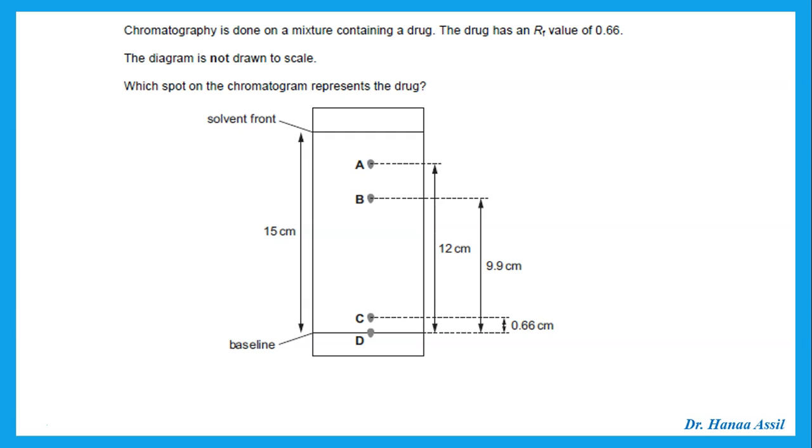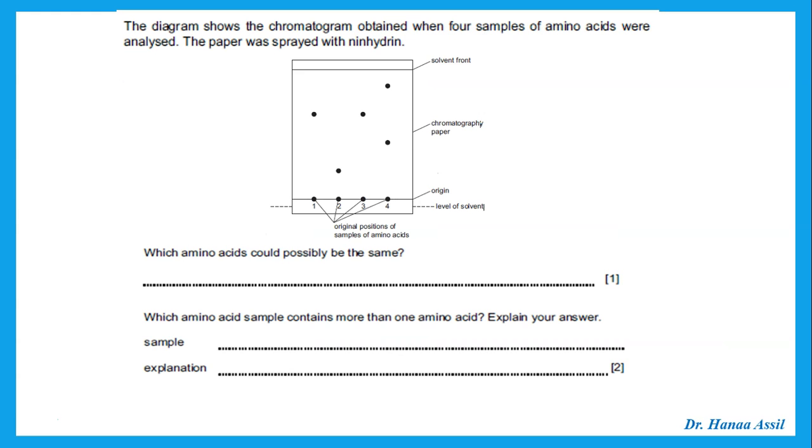And if we do the calculation, he's saying the distance for B is 9.9, and the distance for the solvent front is 15, and that means that the RF value is 0.66. Do we understand that? Okay, this question says the diagram shows the chromatogram obtained when 4 samples of amino acids